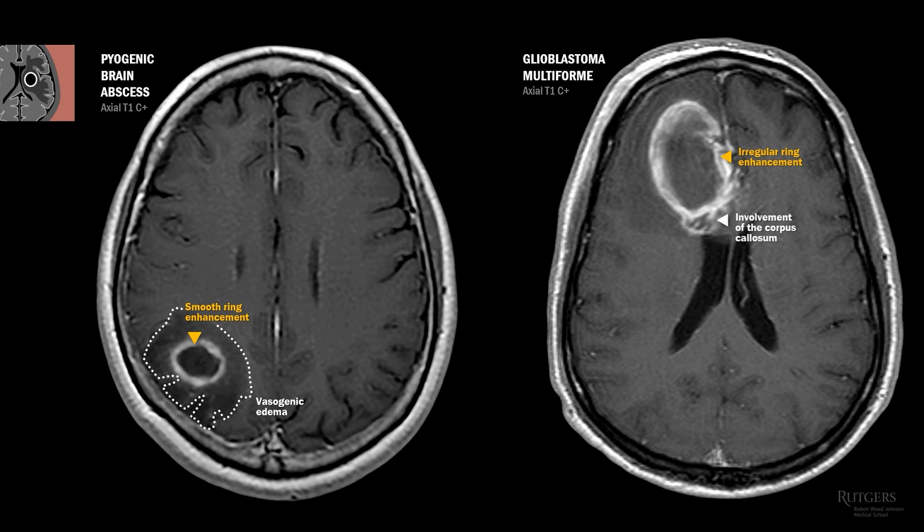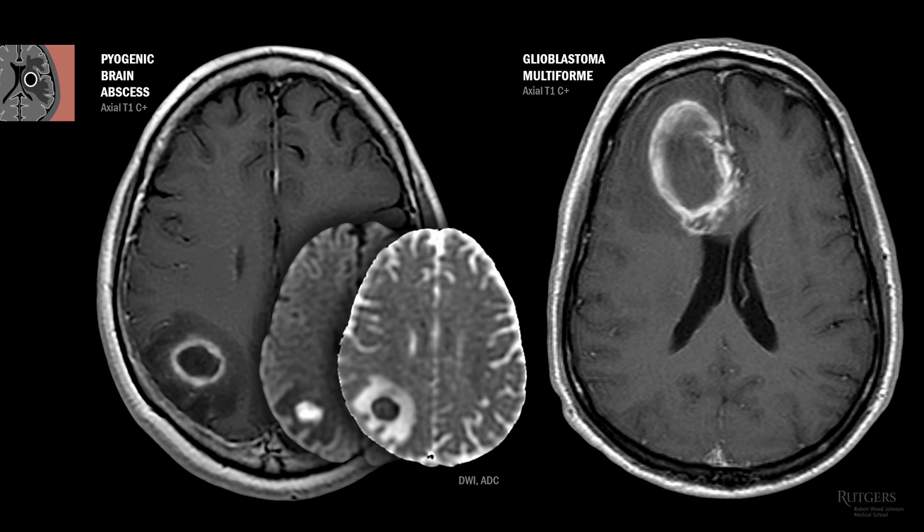Now, these are hand-picked cases, but often the distinction is less obvious. If only there were another MRI sequence to help. Enter DWI and its evil twin, the ADC. The lesion is bright on DWI and dark on ADC, true restriction of diffusion, and not a T2 shine-through. Remember that we talked about DWI in the setting of stroke and energy failure. Brain abscess is another situation where DWI has high sensitivity and specificity.